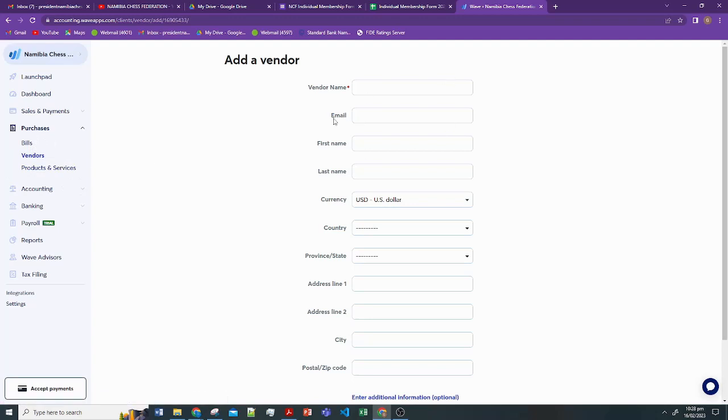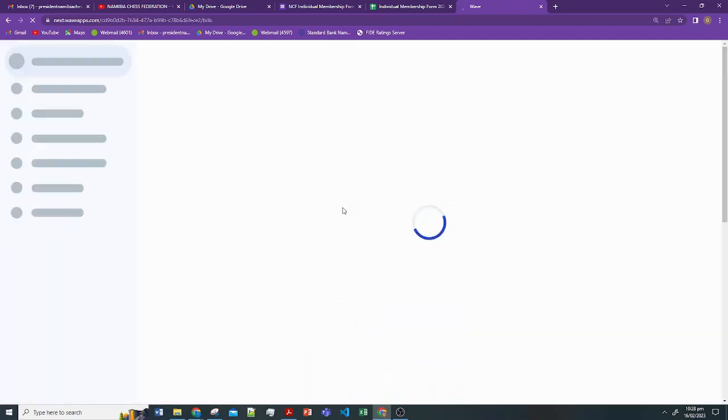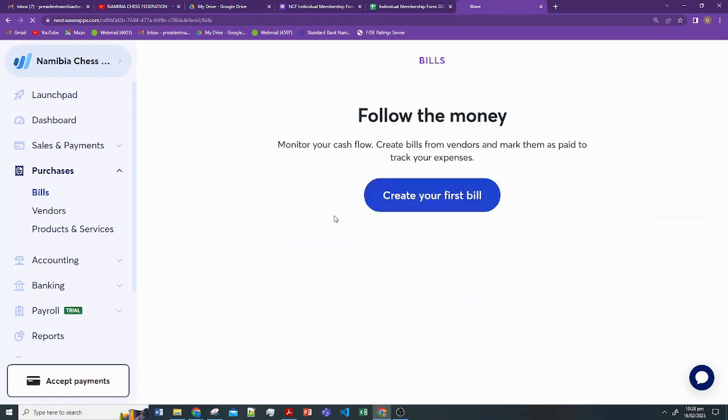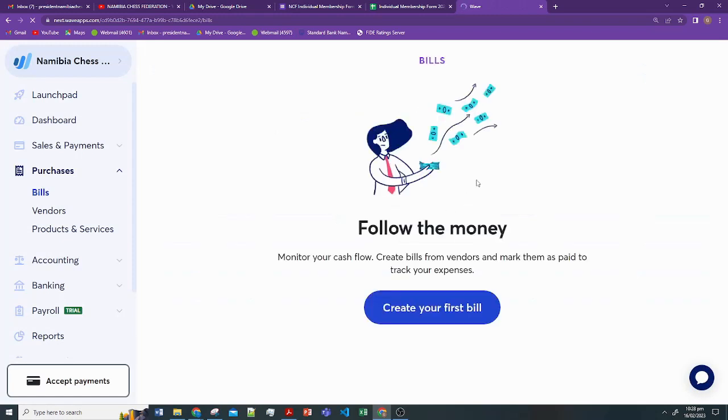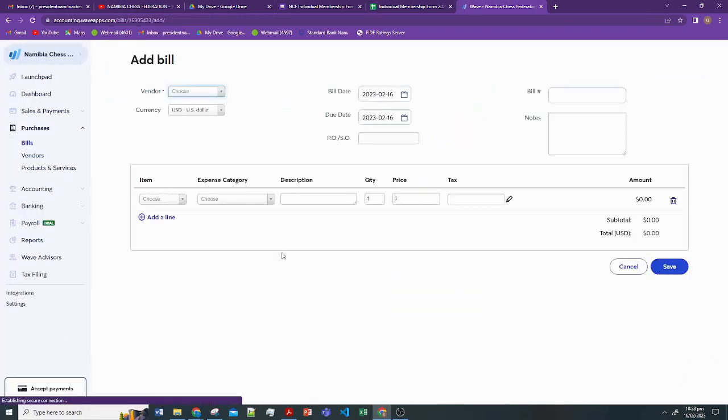So vendors, what we always pay, but here we are going to go to bills. If you look at the left hand side, it's talking about bills, so that's what we want to look at the moment, and we want to create our bills. So here it's create our first bill, so I'll say yes, create, and it will ask us to add a